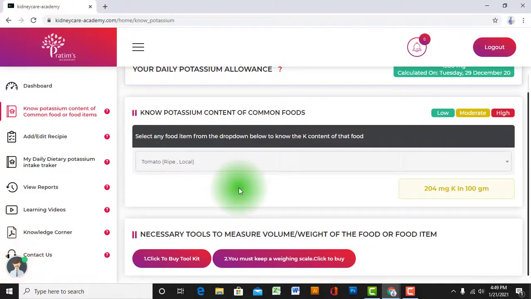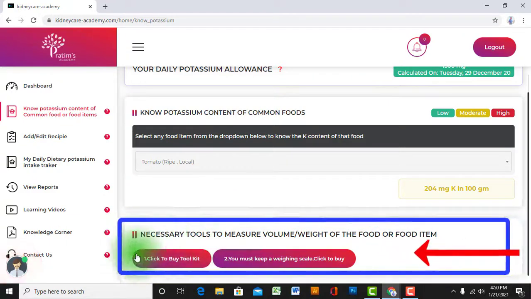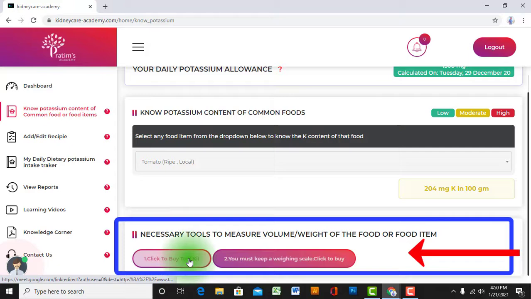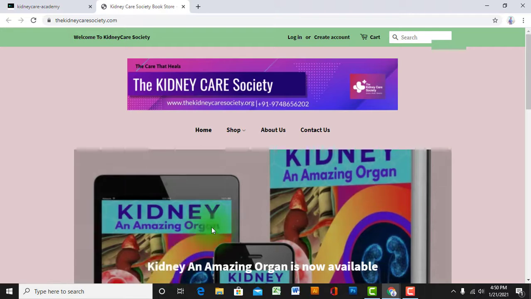And as it is always said, the amount is really very important rather than what you are taking. So if you want to be very sure about how much food you are taking, you can click here to buy the toolkit that is useful to measure the exact amount.